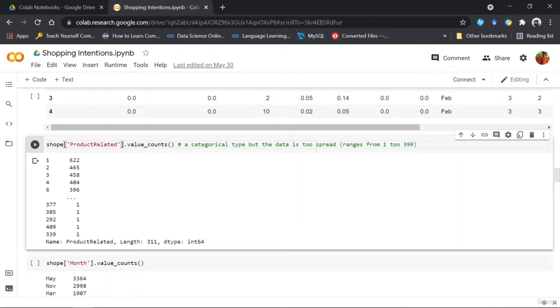So how we are looking at this data is using the value counts function, which finds all the unique values in this series and how many times each has occurred inside the data. So the value 1 has occurred 622 times inside the product related column.